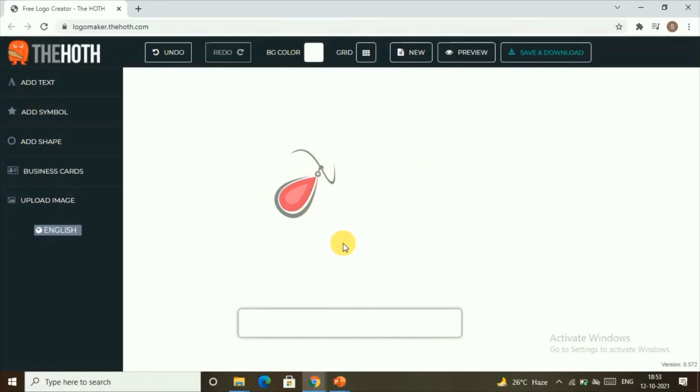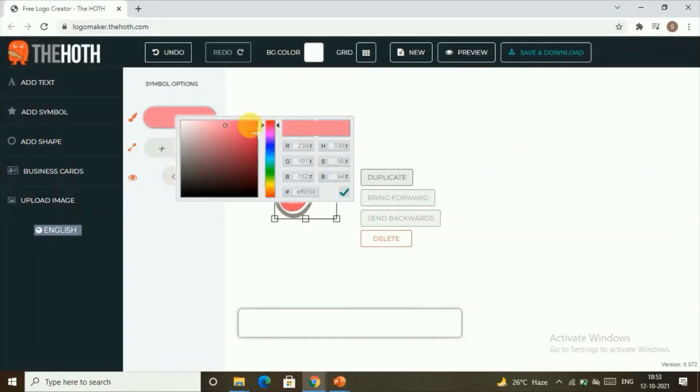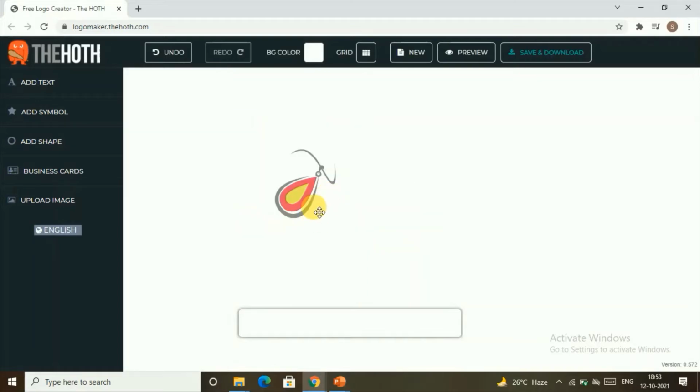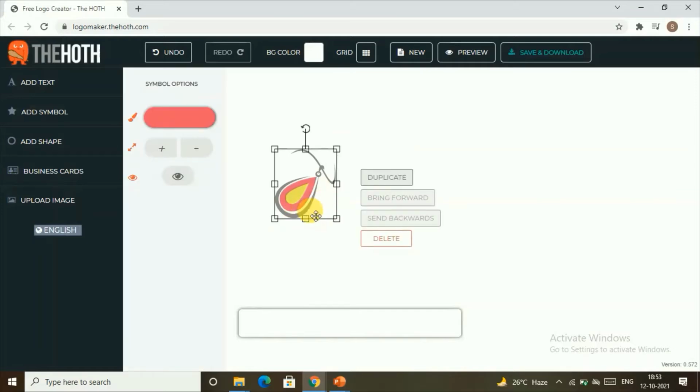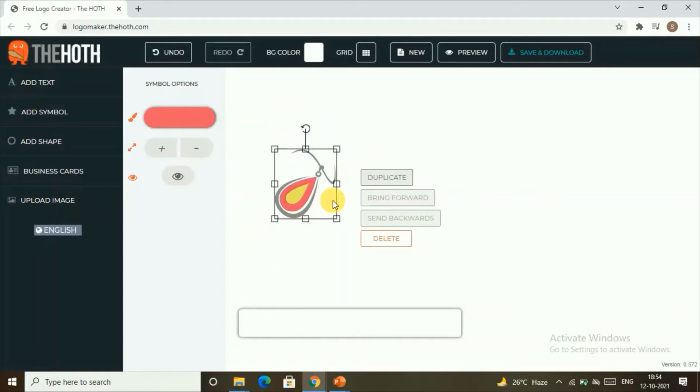Let's say you want to change the color of the icon, so click on the place where you want to change the color. Let's say I want to change it here, so you can click here and change the color. Whatever color you like, if you say green, you can change it to green or yellow, and you can see how it changes. And if you want to change the color here, you can choose here and change it in the same fashion.